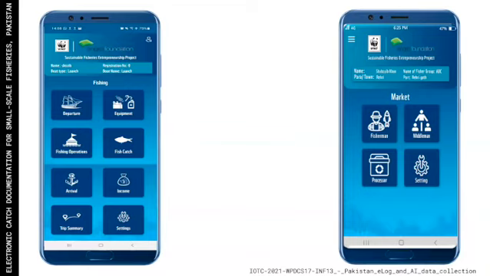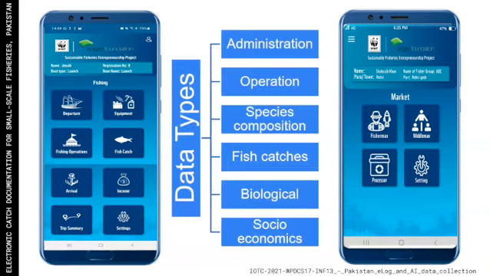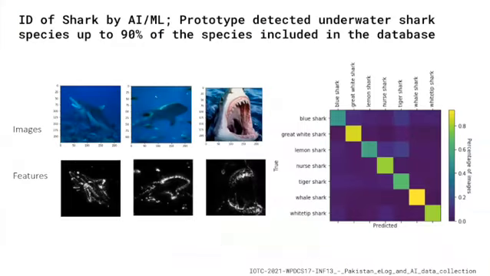Ultimately, this is the outlook. We are trying to move up from traditional paper-based logbooks to digital ones. The application is developed, and it is under trial as well, which includes additional points. It includes all the minimum requirements for Pakistan itself and for reporting to the regional fisheries organizations.